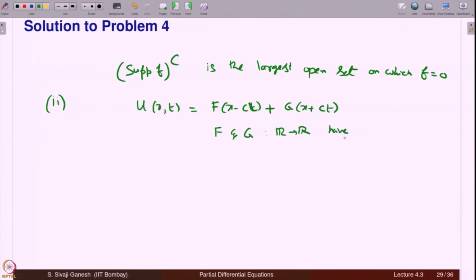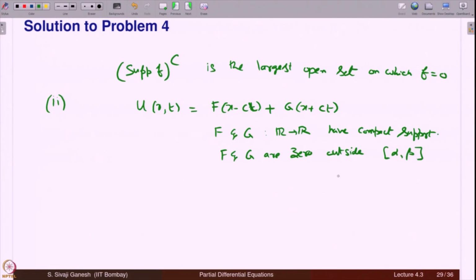That means they are 0 outside some bounded interval. In other words, f and g are 0 outside